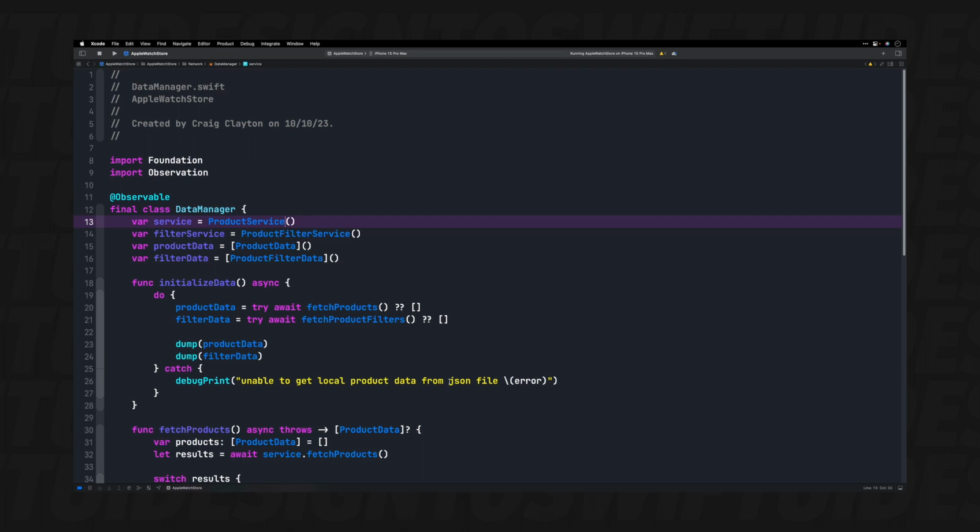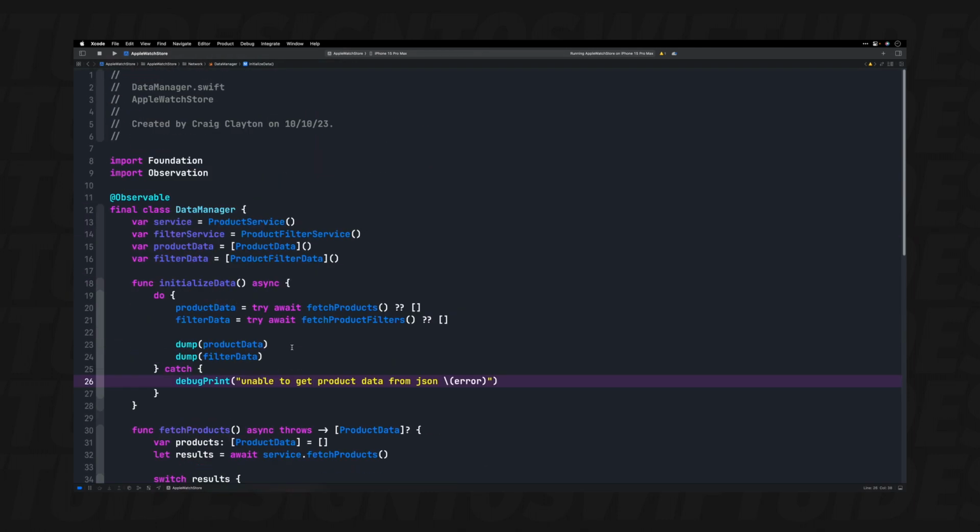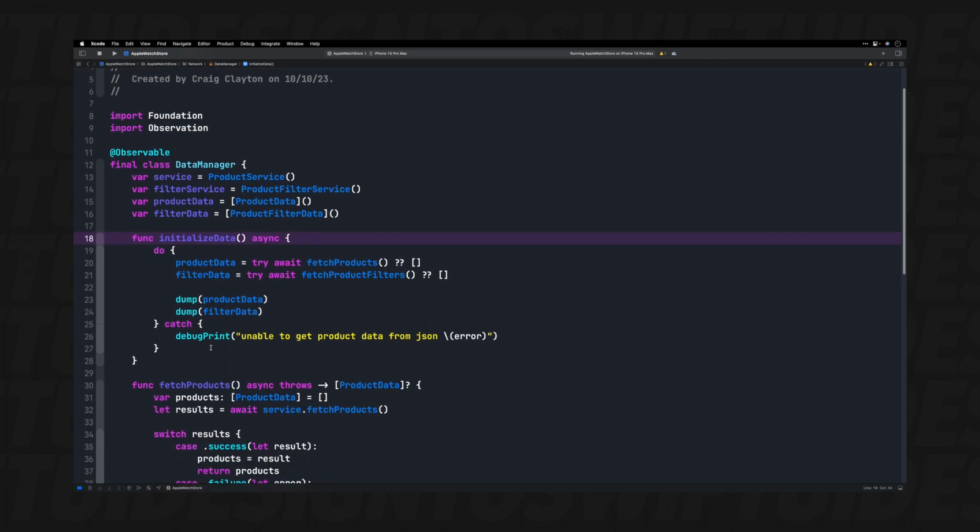Let's make a couple of changes. Right here, we're doing observable, and even though the app still works, I think we should just import observation. I don't think we necessarily have to, but you can see it changed the color once I did that, so I wanted to tweak that. Let's tweak this file since it's not really coming from a JSON file. We'll just say unable to get product data from JSON. And what else did I want to change? I think we are good. I think everything is good. We have an app that has data that now all we have to do